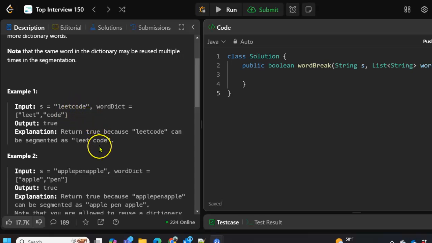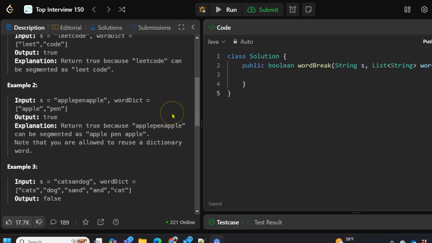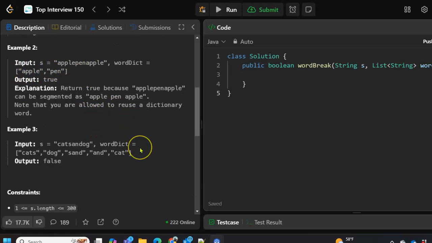And in fact, we can. Or the other way to think of it is, we could split leetcode into these two words, leet and code. Apple, pen, apple works with this word dictionary. Words can be used more than once.